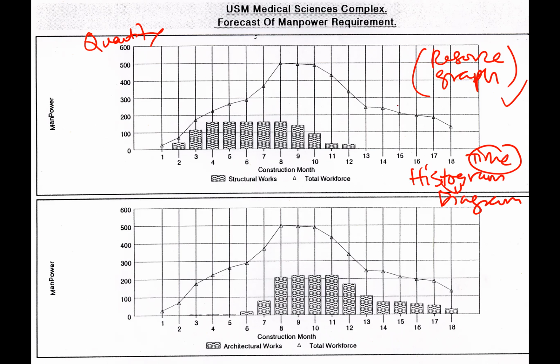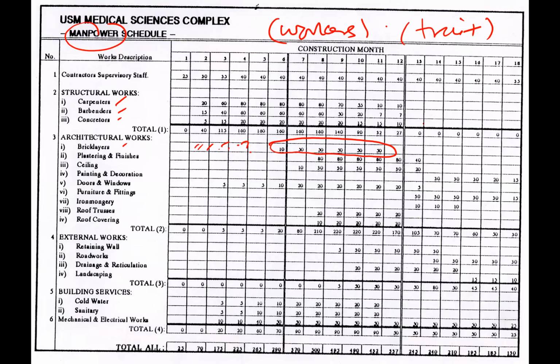You notice the graph looks very nice in terms of gradual increase according to project time, the peak, and then gradual decrease. You know why? This is, I would say, a resource histogram that has been revised many times until at the end of the day, it comes out something like this. Maybe at the initial stage, when you do the resource histogram, it might not look like this. But we are the ones that should make it look like this by adjusting